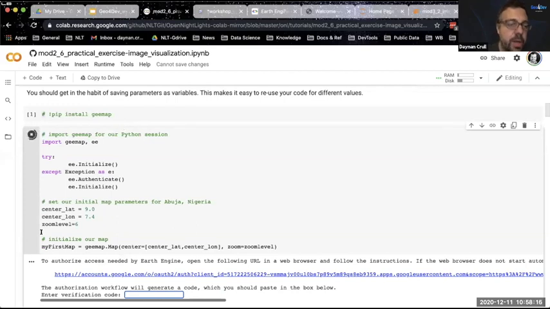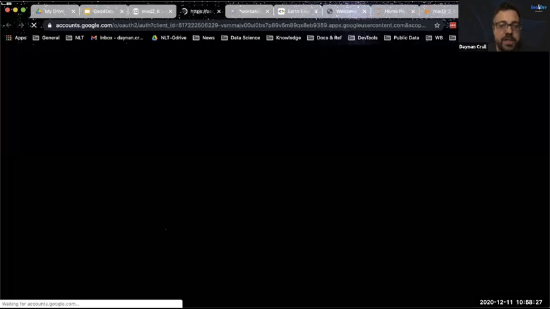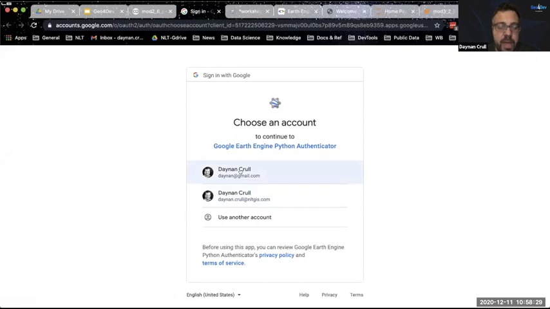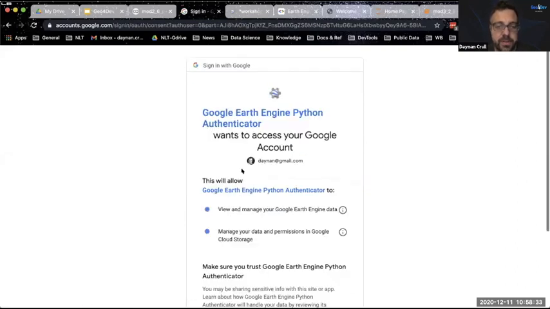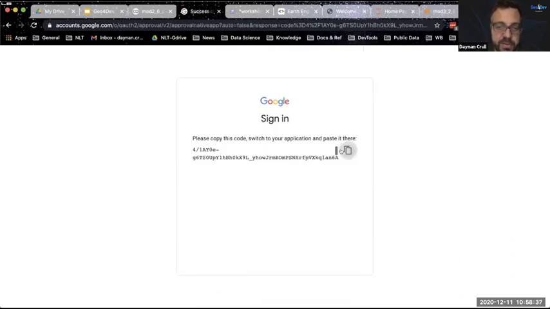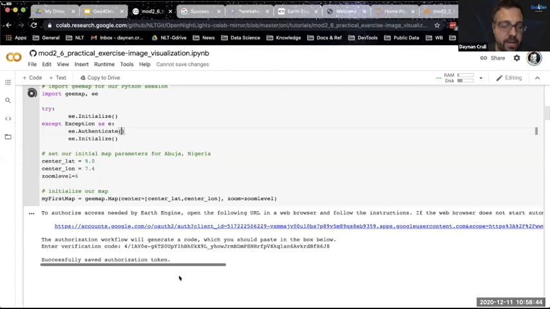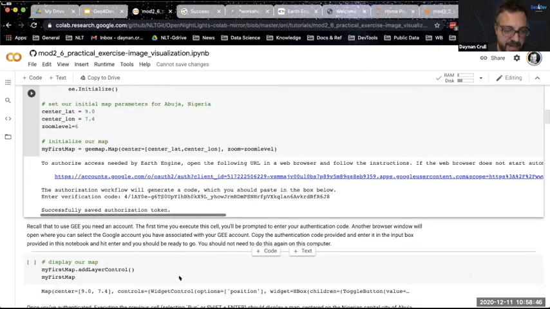GMAP is installed. But what it will do, and this is, again, if you have an account, this is where you can authorize it, is say you need to authorize this account so that you can use Earth Engine. So you click on this link, and if you have a Google account, you pick the Google account associated with Earth Engine. For me, it's my personal account. And I allow it, and it gives me a code snippet. Don't worry, there's no security risk. This is a one-time-only code that only works for me. And you hit enter, and there, I've authorized. So now I don't need to do that again for this notebook.